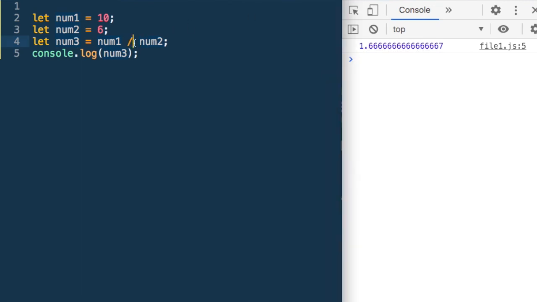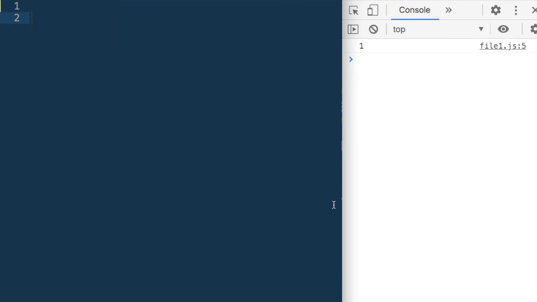There is another operation which is remainder, which is commonly used. So if I take the remainder when num1 is divided by num2, what should the remainder be in this case? The remainder should be 4. So now if I save it and run it, what do I get? I get 4. Obviously if I make it say 9, when 10 is divided by 9, what is the remainder? It should be 1. So that is 1. So these are some common operations we can do with numbers.